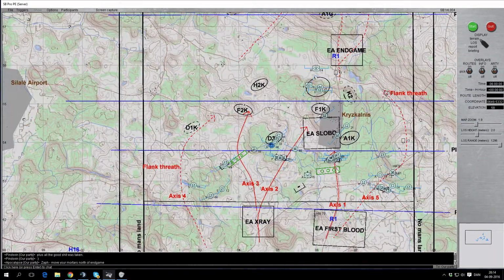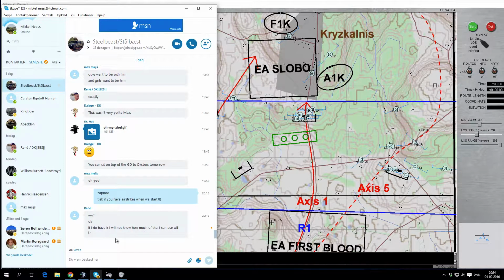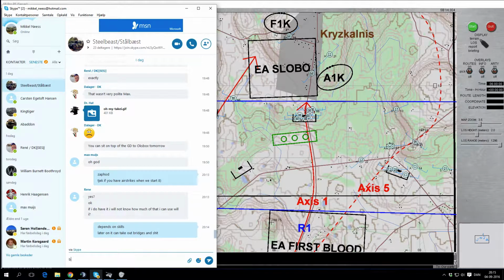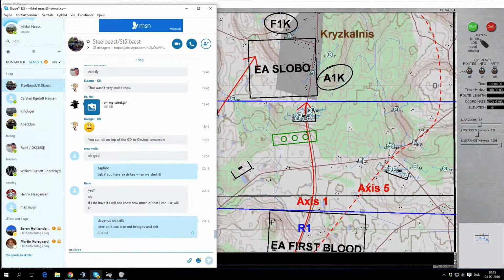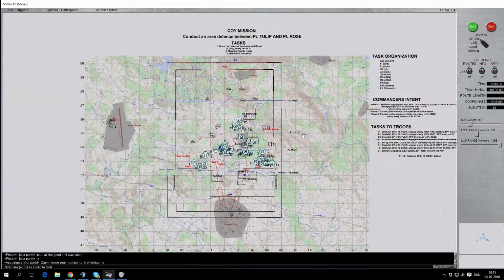Some of the tasks for the units have changed from the warning order that you might have received earlier, so listen up closely. Foxtrot 1, establish battle position at Faceline Tulip, engage enemy at engagement area First Blood and be prepared to move to Foxtrot 1 Kilo battle position. Foxtrot 2, establish battle position at Faceline Tulip, engage enemy at engagement area X-Ray and be prepared to move to Foxtrot 2 Kilo. And guys, if you zoom out from the map you can see all this text that I'm reading to you. Delta 3,